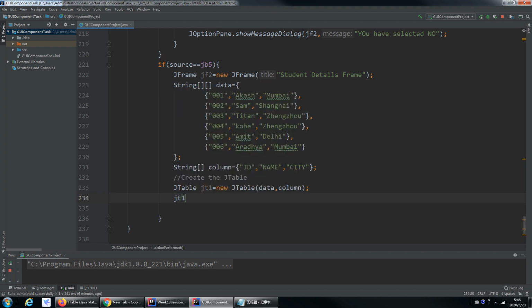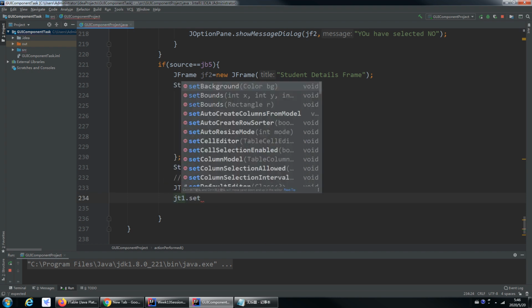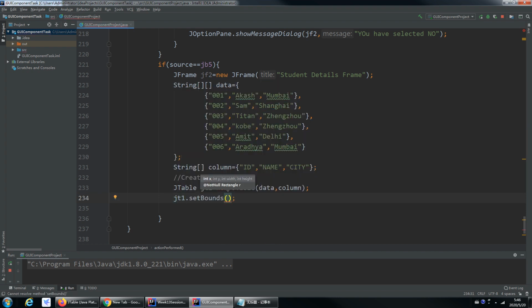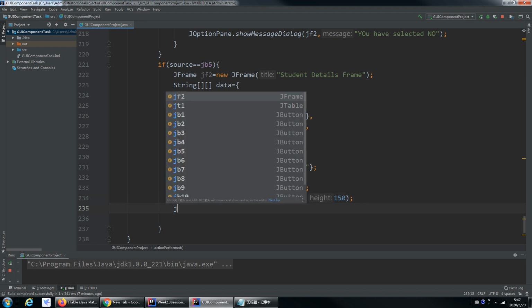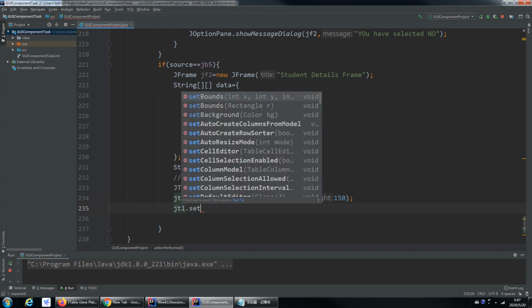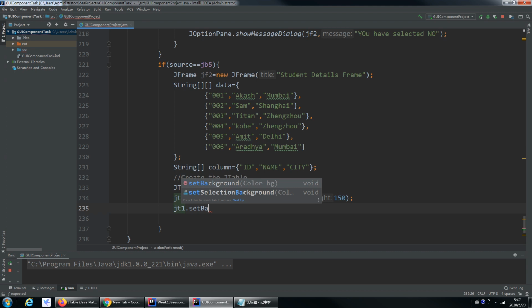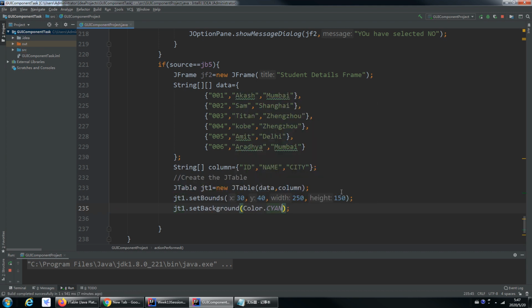Okay, now what you have to do is set the bounds. So JT1 dot setBounds. Set bounds means the location where you want to display: 30, comma, what should be the Y position, let's say 40, comma, what should be the width, 250, and what should be the height, 150. Then you have to set the background color. So JT1 dot setBackground, and you can choose Color dot